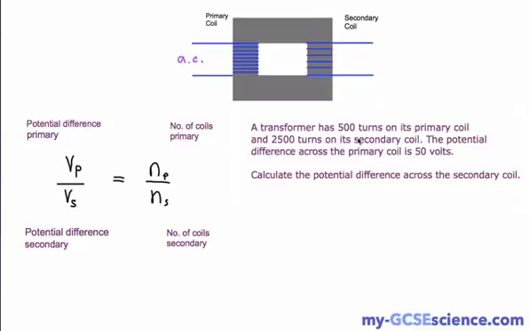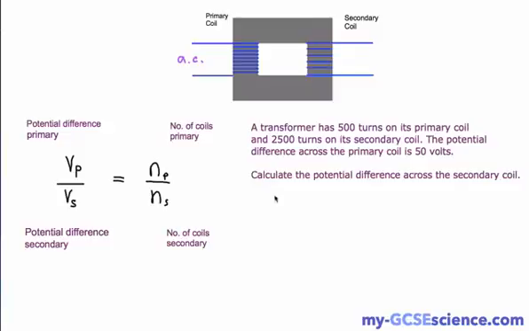Okay, so here we have a transformer that has 500 turns on its primary coil and 2,500 turns on its secondary coil. The potential difference across the primary coil is 50 volts. Calculate the potential difference across the secondary coil. Okay, so this doesn't actually relate to this diagram. It's something separate that we're going to have a look at now. So if you want to, have a go at this yourself now. And then I'll go through the answers, but if not, I'll just go through the answer now